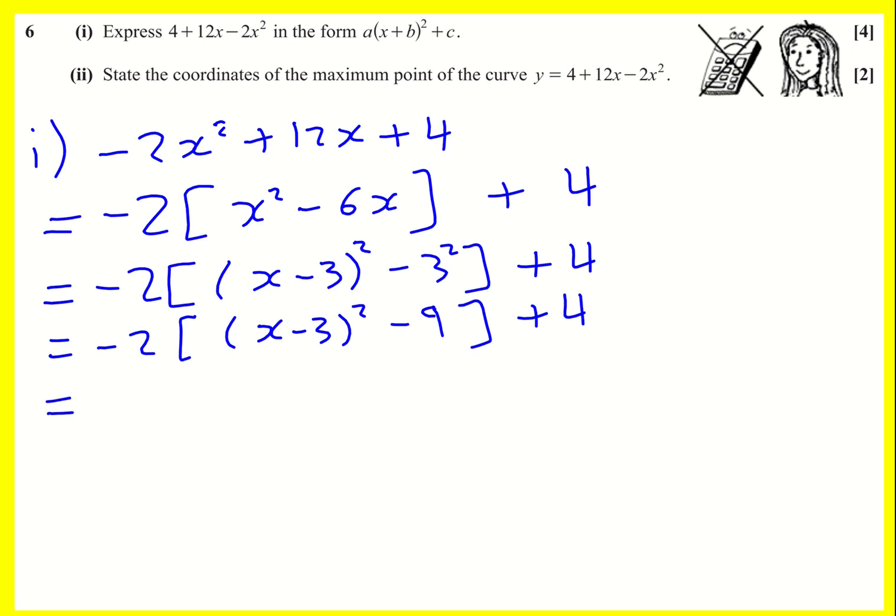Just take a little breather a second. So how did I go from here to here? Well, I've halved this number 6, and then I know now I'm going to get x squared minus 6x, but I'm also going to get a plus 9 or plus 3 squared, so I still need to minus that. If we come back to the Babylonian method of doing this, which you may have seen,